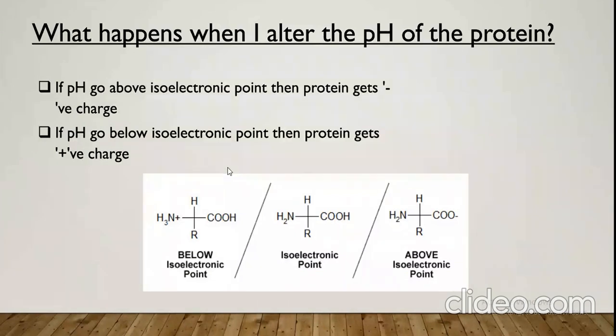The net charge of the protein molecule is affected by its chemical composition and the pH of the solution. So whenever we increase or decrease the pH of the solution, it gains a charge. At pH lower than the amino acid's pI, the amino acid will have a net positive charge, and above that it has a negative charge. At pH higher than the amino acid's pI, COOH, the amino acid will